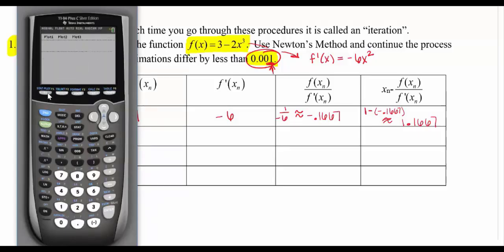So in my y1, I'm going to put the original function, and in y2, I'm going to put the derivative, and since this was an easy enough derivative for me to calculate, I just calculate it. Otherwise, you can use your nDeriv, your numerical derivative feature. I'm going to make sure in my table set or second window that I'm able to type in values into my table. So I go to independent, click ask. Most of you probably already have that set. So now it's waiting for me to type this in. So my x value was